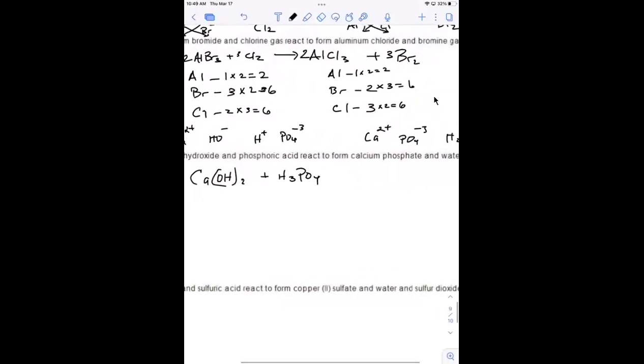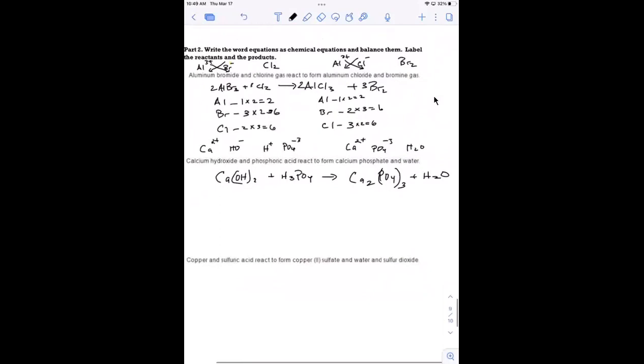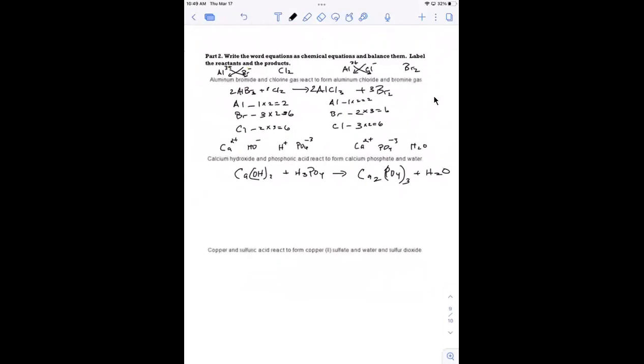And that's going to give me Ca2 PO4 3 plus H2O. All right,